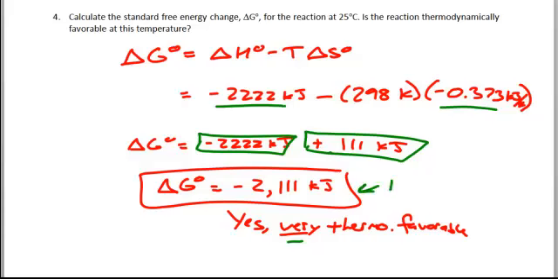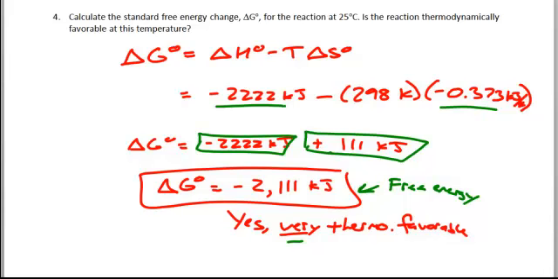This is the free energy that's available to use to do work. You can use this to heat your home. You can use this to power your car or a forklift. You can use it to make the world a better place. So